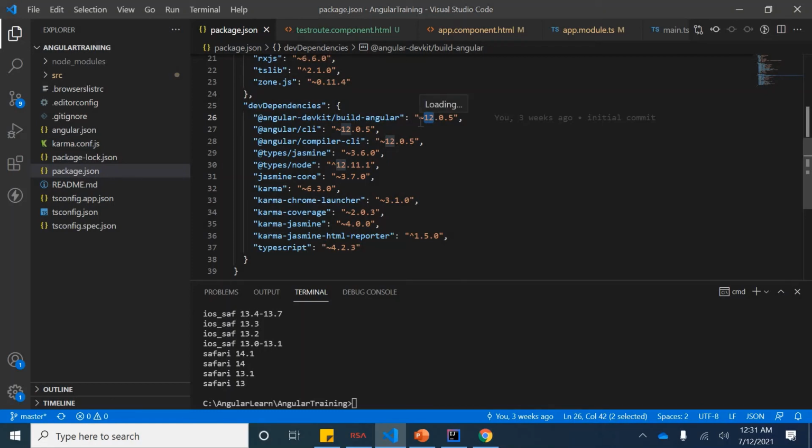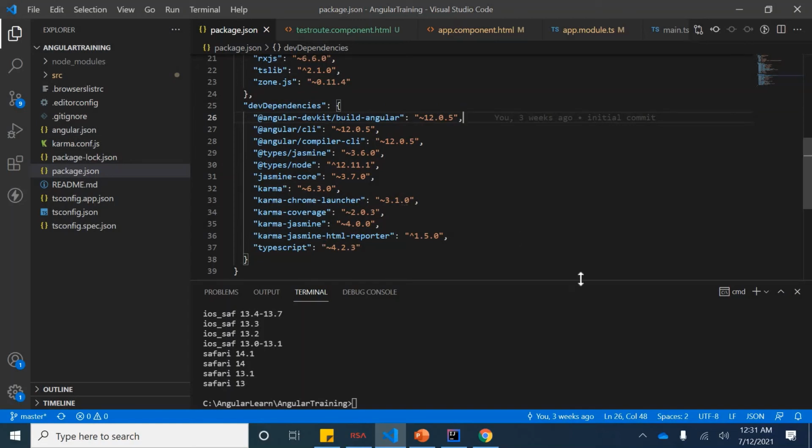Anything which is higher in the patch, not these two values, can be accepted. I mean 12.0.6 can be accepted. If that kind of version is available over the internet, it will download it and put it inside your node_modules when you run npm install or npm update.